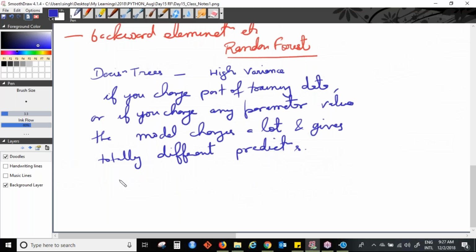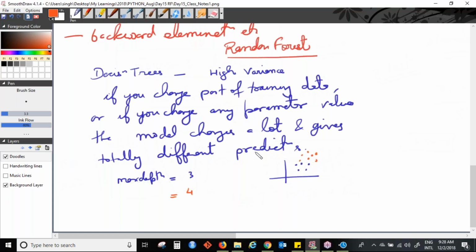Because if you keep, let's say, a max depth of 3, then your model might be predicting somewhere here. These are the predictions of the model. Now the moment you change the value of max depth, let's say I keep max depth as 4, the model will predict something here.